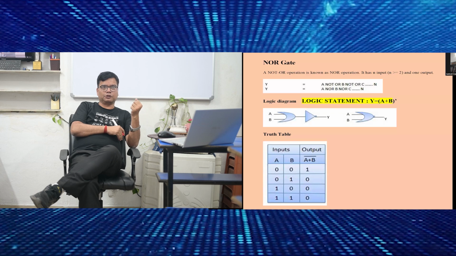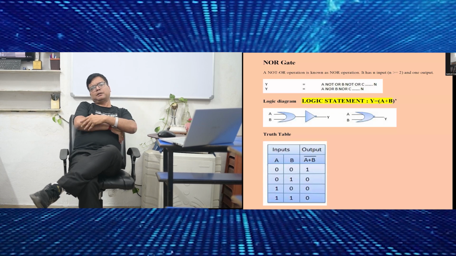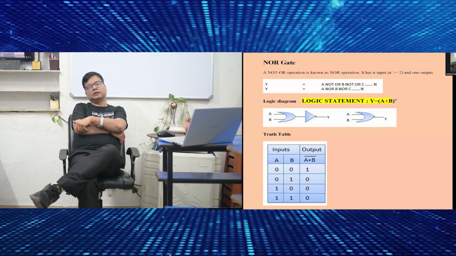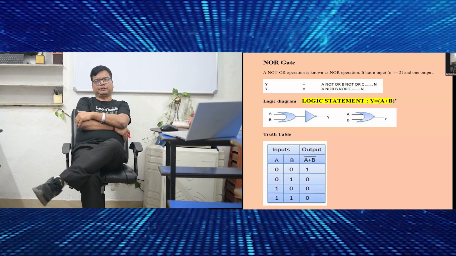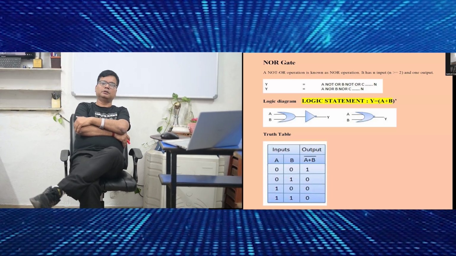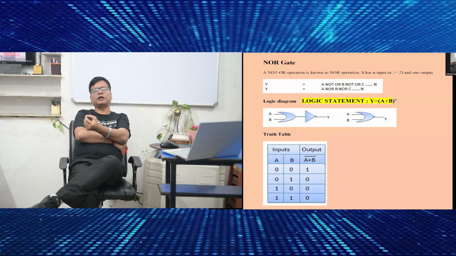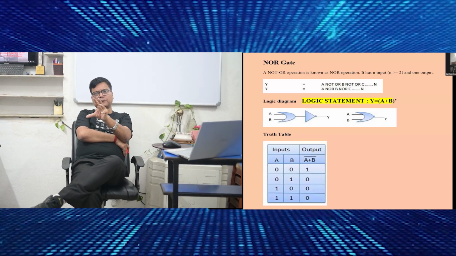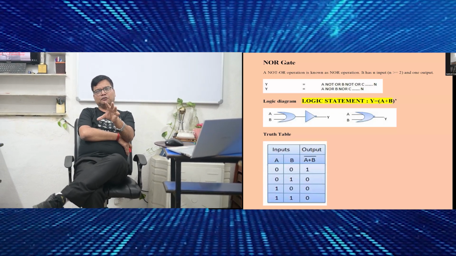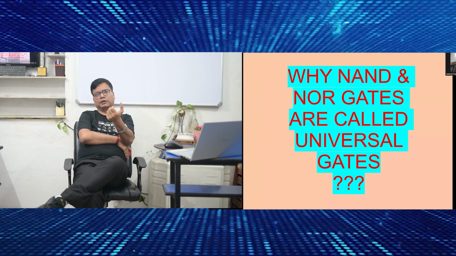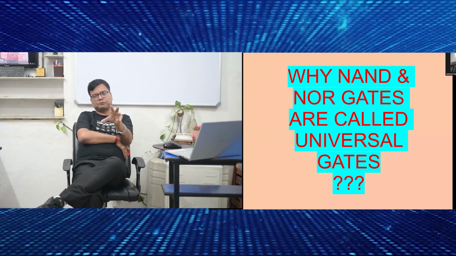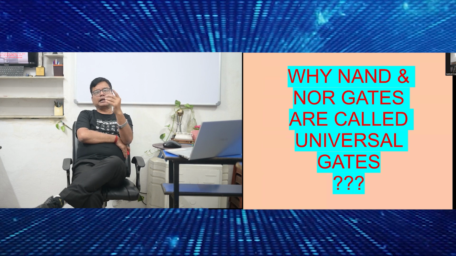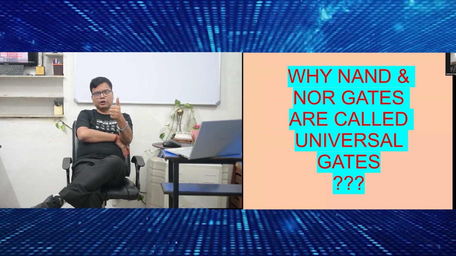Now coming to the context. For example, my situation is that I need an OR gate and I do not have the OR gate. I have other gates, but I do not have the OR gate. My purpose is that I need the output of an OR gate without having the OR gate. कैसे होगा ये? So that is the concept I am trying to tell, that these NAND and NOR gates